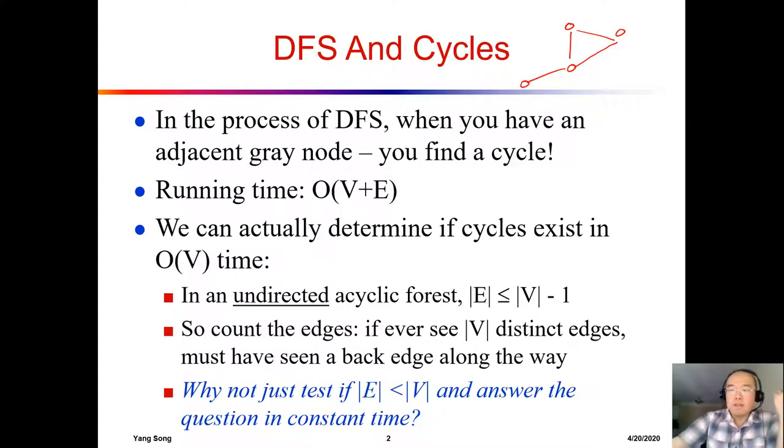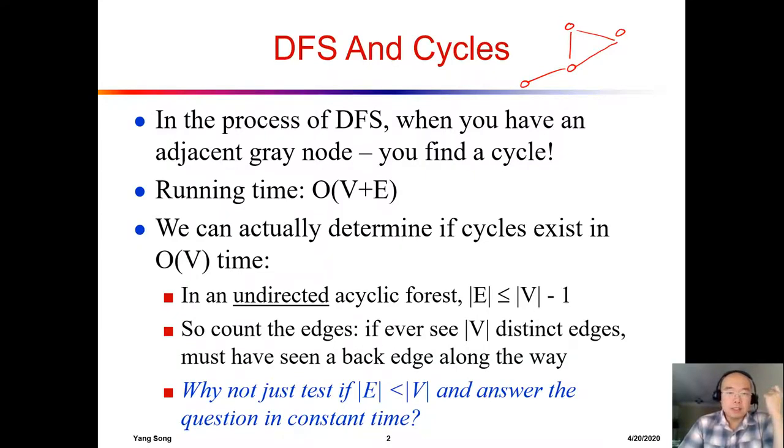And the rule is, when we are doing the DFS, the original algorithm only wants to visit the new white nodes. But at the same time, when you see an adjacent green node, then you have already found a circle. So if you only want to say whether there is a circle or not in this graph, as long as you see an adjacent green node, you can immediately return true, saying I have already found a circle, right? And we can actually